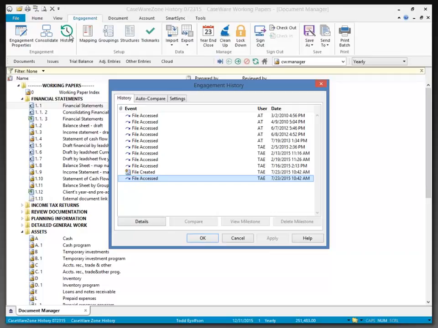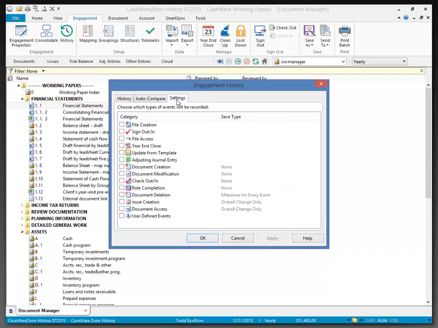papers. The event types are listed under categories where some events have an additional save option to specify how often milestones are generated for that event. The Settings tab of the Engagement History dialog lists all of the history events that can be recorded. Events are listed by category, and for some events, the frequency in which events are saved can be defined by